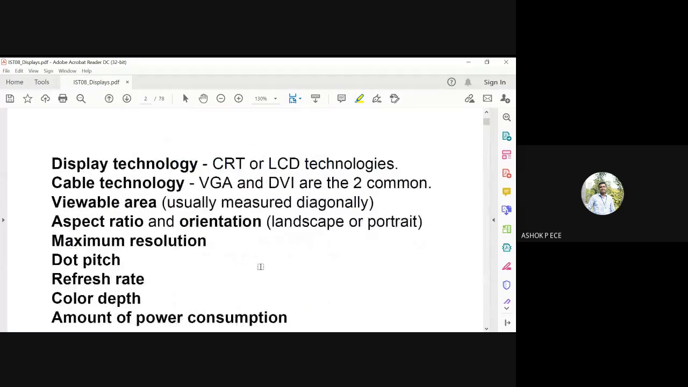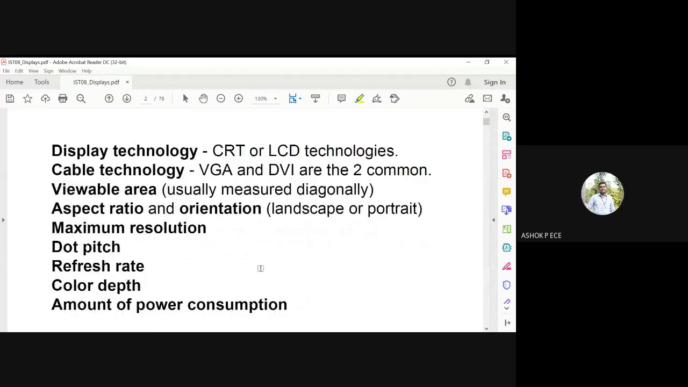So display technology is of two types: CRT or LCD. CRT is the cathode ray tube, and LCD is the liquid crystal display. LED is a light emitting diode display. And then there is the cable technology. How are you going to connect your computer to your CRT or your LCD? That cable connection is going to be VGA or DVI. So these are the two broad cable technologies available which are used to connect your display devices to your